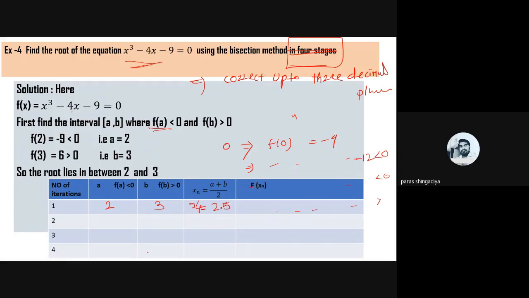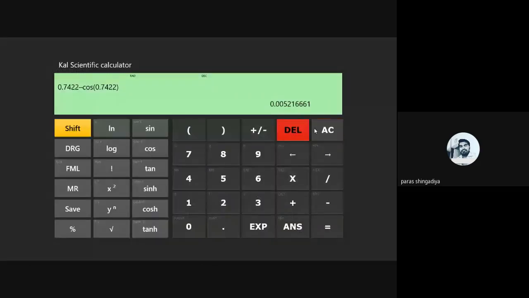That is 5 by 2. So now check f of 2.5. Okay, so it is x cube minus 4x minus 9, so that you can easily solve it. Now x cube minus 4x minus 9, where we have the value 2.5, so 2.5 cube